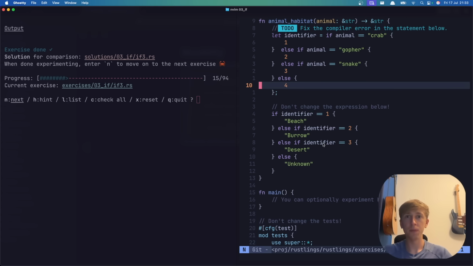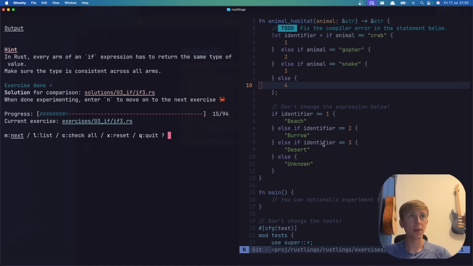So every arm of an if expression has to return the same type of value. So, right, okay. Is that only because we're assigning the if statement to a variable that we've created? If someone could let me know, that would be fantastic. I'm assuming that it just means across the board,